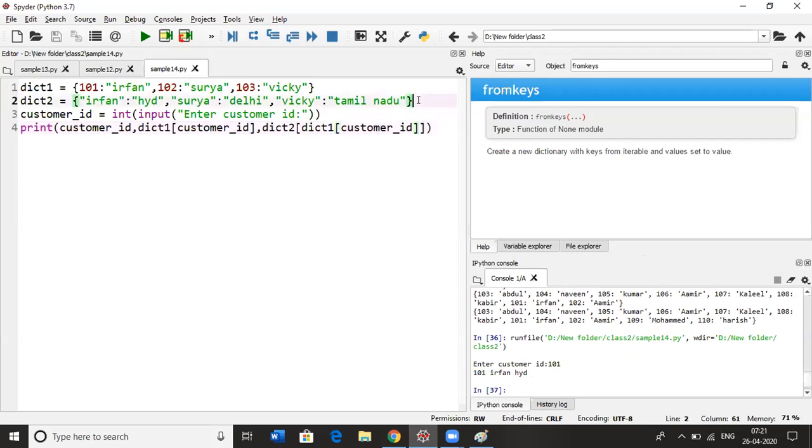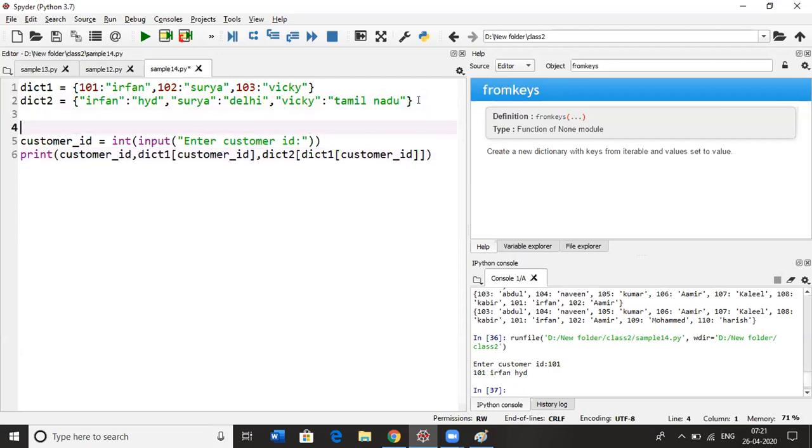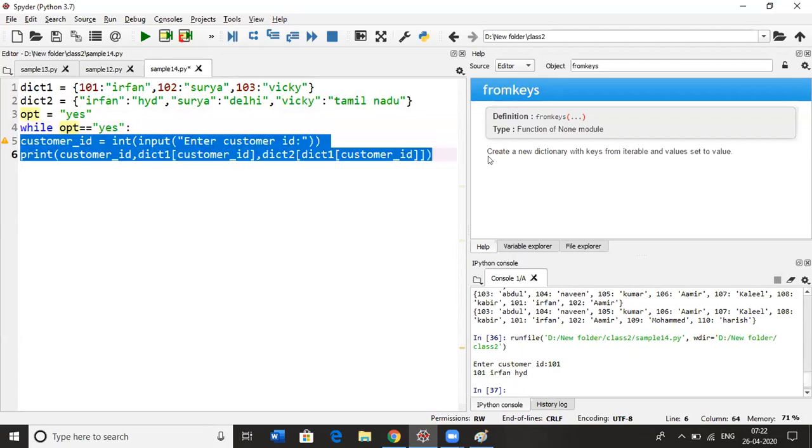Let's say I want to work with one or more times. Sorry. Let's say option. Option is the user option. Let's say yes here. Whenever the option is yes, then do this. Do all these things.